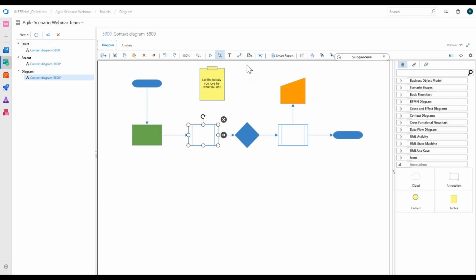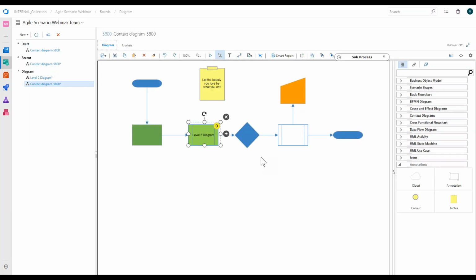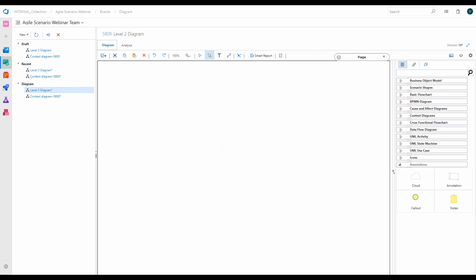I'll just go here and I'll say, drill down on this node. I'm going to drill down into this node as another diagram. So I'll say level 2 diagram, right? So now this node is an anchor to the level 2 diagram. So what I'll do is I'll just save this. I'll save that, and then I'll click on edit. When you hover, you'll see this toolbar, and you click on it, and